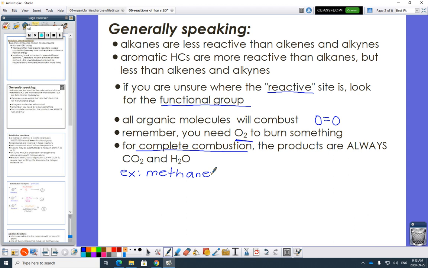So methane is one. You don't really have to worry about states when you do this. Plus oxygen, you're going to get carbon dioxide and water. And then you just have to balance it. So we need 4 hydrogens, and